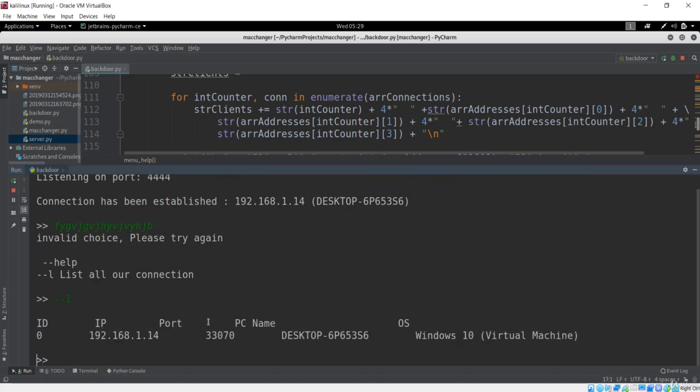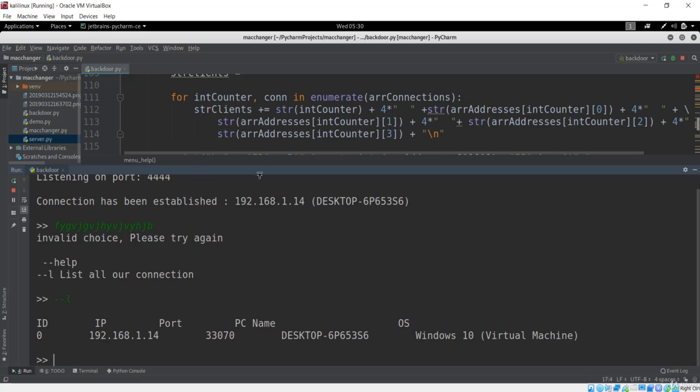You could see this has now been formatted, and it has shown some misplacement, because this name should be over here, and the OS is basically this Windows 10. It has shown this virtual machine, and it is perfectly correct because I'm on the virtual machine. It has shown the port it is communicating to, and you can see these are the IP addresses. So that means this is our connection. This is our list of connections that are available.